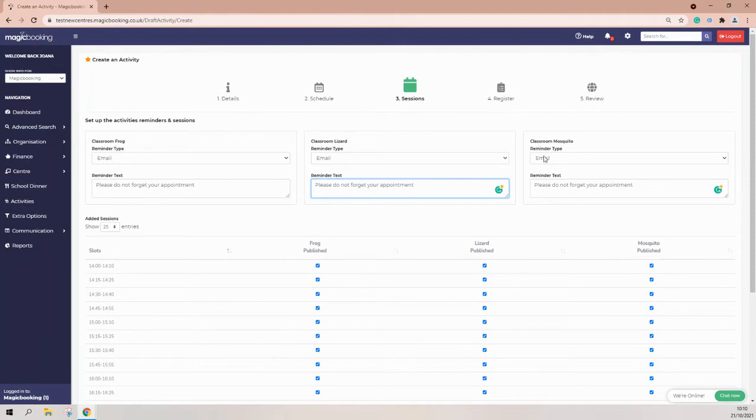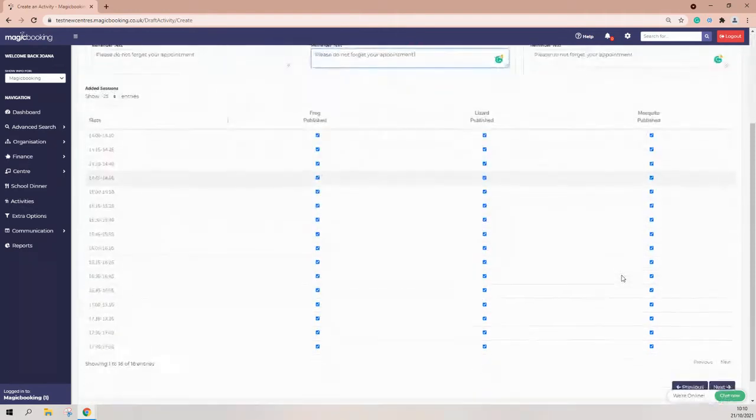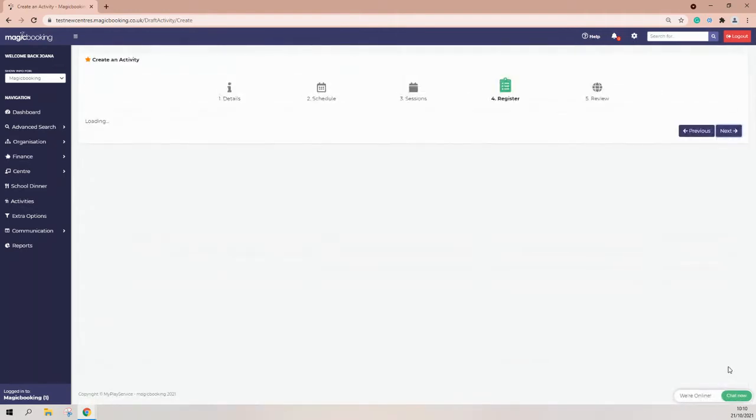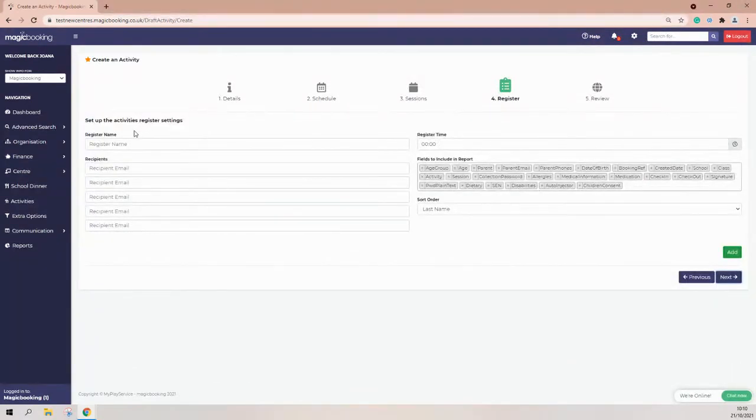The next stage, by clicking next, I am going to create a register or choose if I need a register. So on step 4, we can add a register name. This is the same as we do for our activities in general. I'm going to put parents evening register. And here it will be helpful if you need to add the head teacher's email address, so they will receive the register by default. If you do not need that, I'm just going to put in my email,